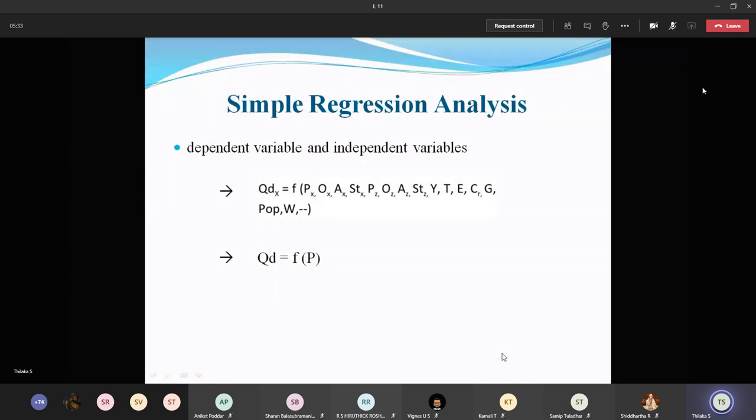Okay, guys. In the last class, we discussed the statistical techniques which come under demand forecasting. The first statistical technique is time series analysis. In time series analysis, there were four methods of calculating. The first one is the graphical method. The second one is the smoothing method, which divides into the semi-average and the moving average. And the last one is the least square method.